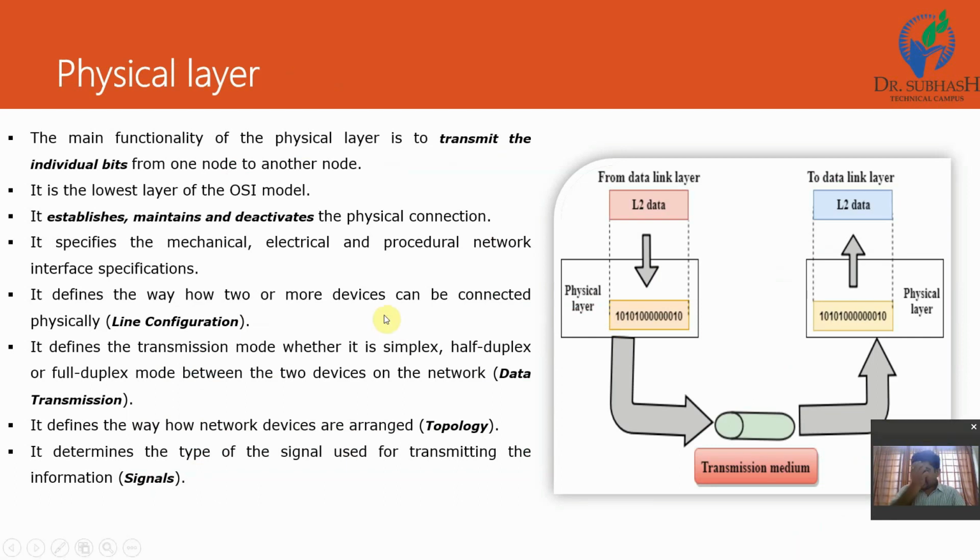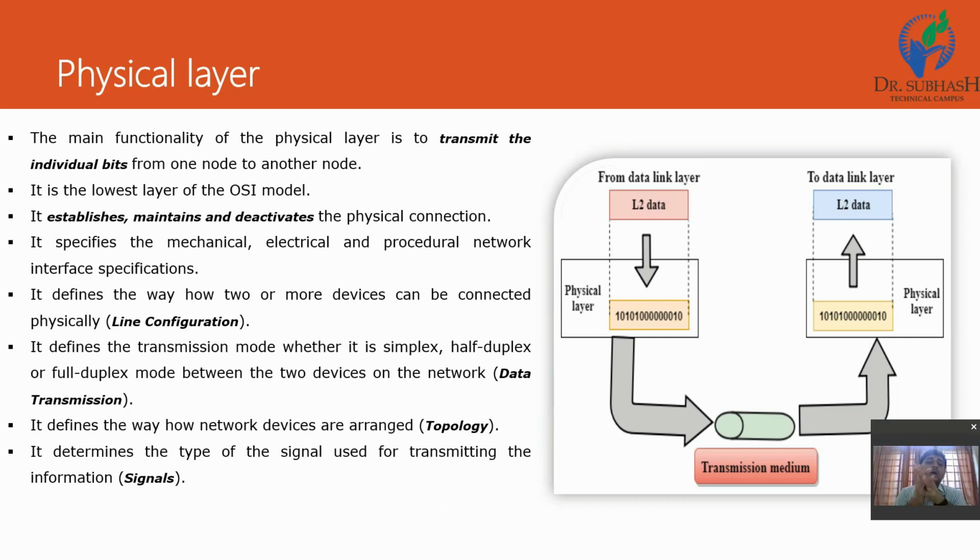First, we discuss from the bottom to top. The first layer is known as the physical layer. What exactly is the physical layer? It makes up the physical transmission medium. In previous lectures we discussed the transmission media: guided media, unguided media, wired or wireless. Using this we may transmit our data from source to destination.